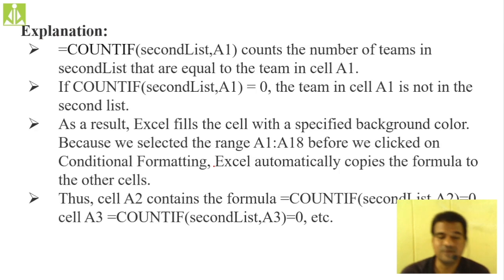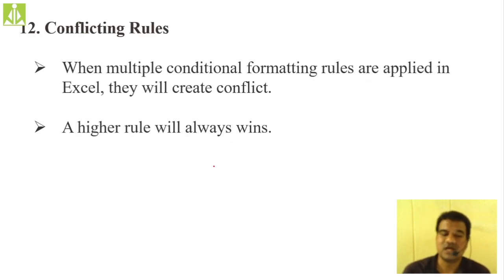So the next thing, the entire explanation goes whatever I have explained like that only. So the next thing is conflicting rules. If you have applied more than one rule on a list of data, then which rule will be applied? Which rule will it show? Whether it will show the old rule or will it show the new rule? Is there any hierarchy? Is there anything that we will see over here now?